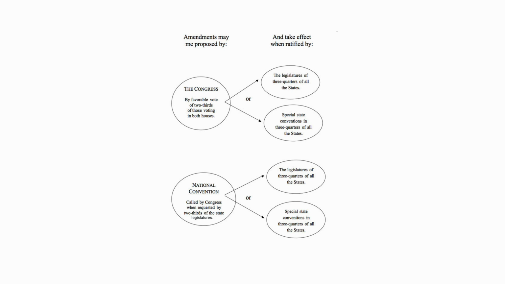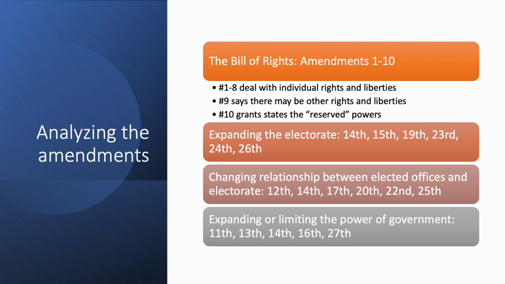I just call to your attention, there are other methods. It's possible that we could have another constitutional convention, a national convention. It could happen. It hasn't happened since 1787, but remember what they did last time? They took their existing constitution, which was the Articles of Confederation, and threw it in the garbage and started over. So anything's possible if you have a constitutional convention. Now, I want to go through the amendments and then we'll be done.